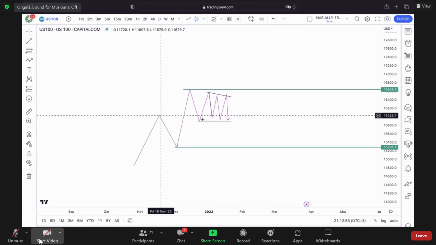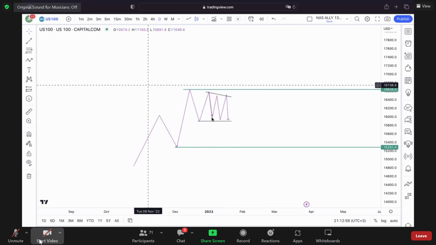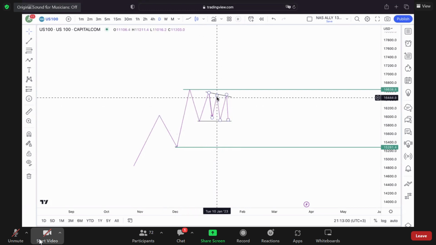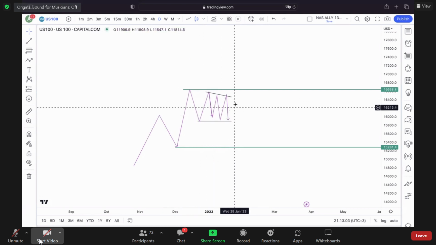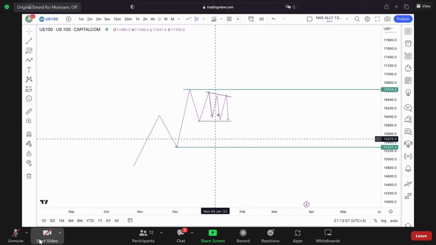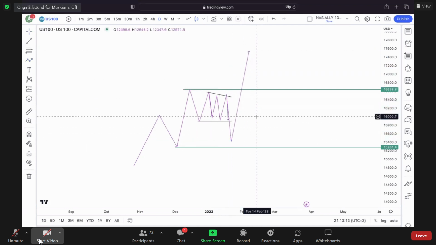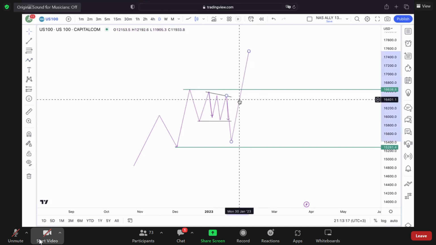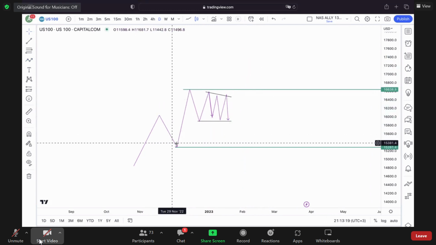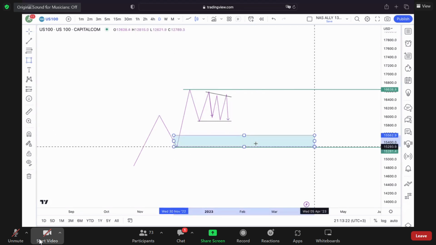So we don't want to be involved in this cat and mouse game, okay? Especially if we're involved here and then it still fails to take out the high. We don't want to be involved in that because they're generating liquidity on both sides, all for them to most likely liquidate and then liquidate again, okay? So the highest probability setups are going to sit at your swing points, okay?